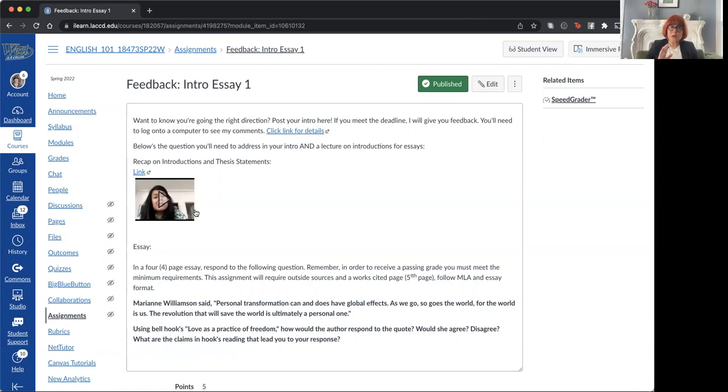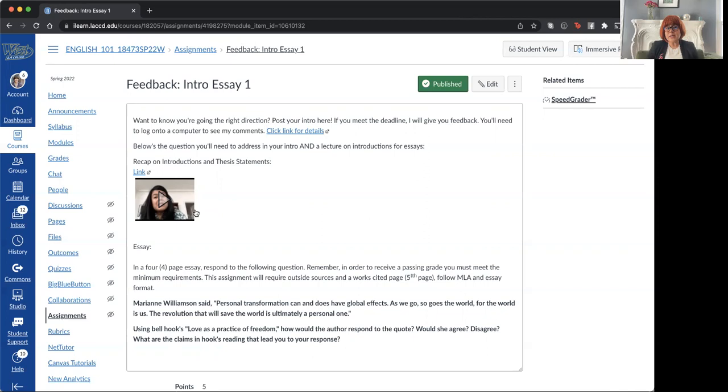What follows a hook is context. Context is the stage, right? This is where you lay out your argument. Don't be surprised if in this essay your introduction takes up the whole first page and maybe even a little bit of the second page. Because in context, you're going to lay out all the key players, all of the information, including the primary source that you're going to need to write this paper and for your reader to understand your argument. And then finally, it's your thesis, and the thesis answers the question explicitly.